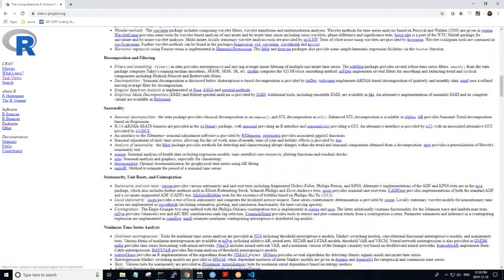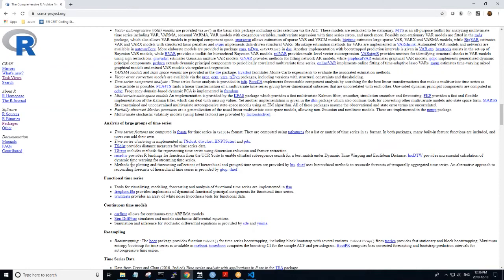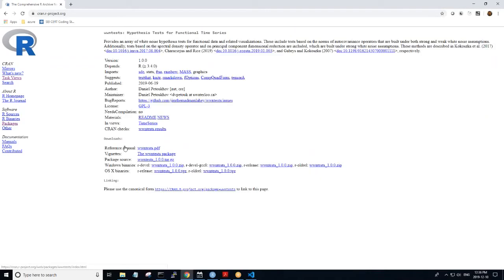And again, these are all generally very well documented. So, for example, let's take a look at WWN tests. Here's one for hypothesis tests for functional time series. It has the README views.